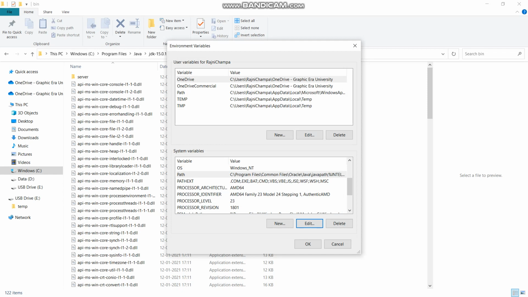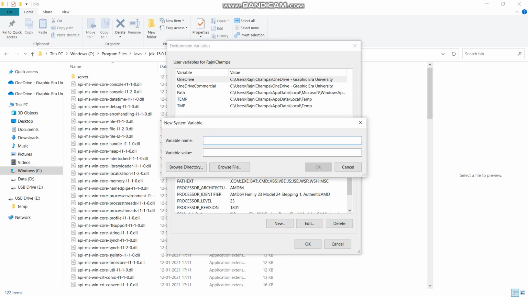System variables, click on new, then at the variable name write JAVA underscore HOME. Variable value you have to copy and paste the path you have given, just delete bin from it, then OK, then OK.